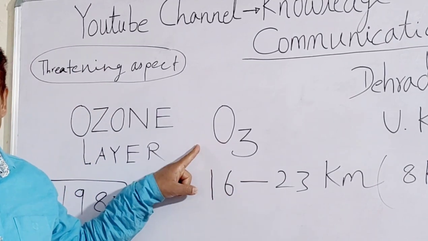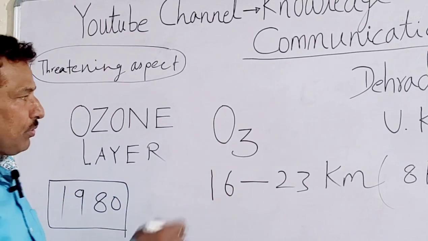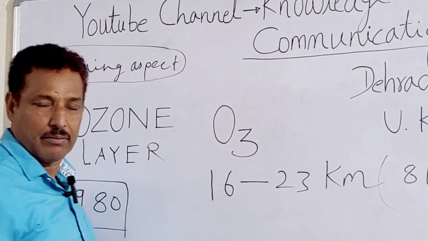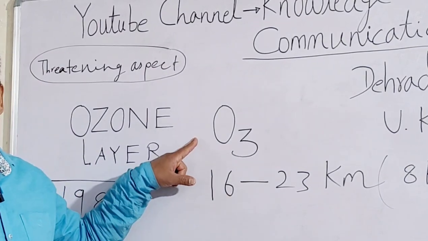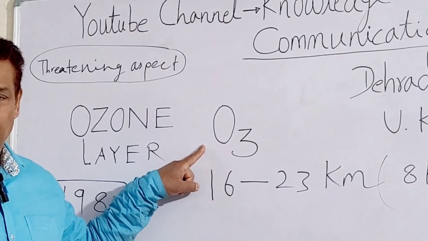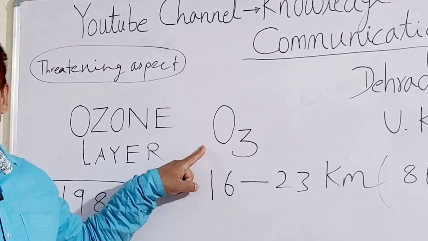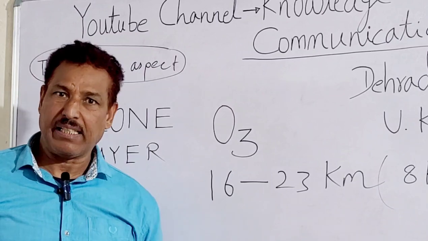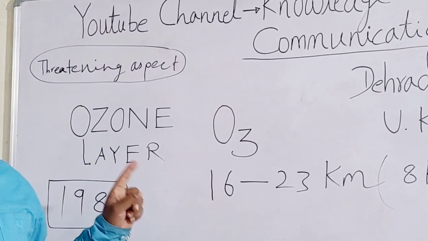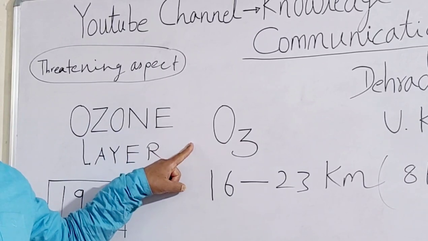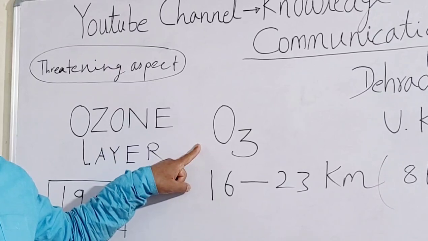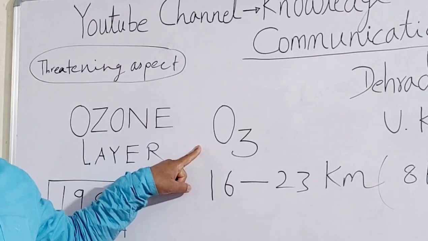Actually, what is this ozone? Ozone is a gas. It contains three atoms of oxygen, as you can see. Three atoms of oxygen combine to give one molecule of ozone. The sun rays react with the oxygen, that is O2, and form O3, that is ozone. Ozone is a highly useful gas for the entire